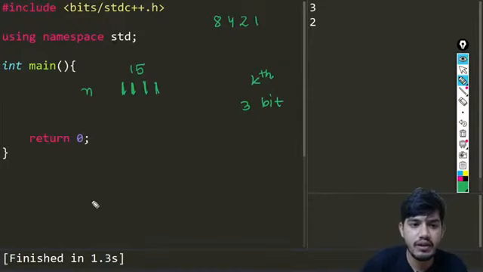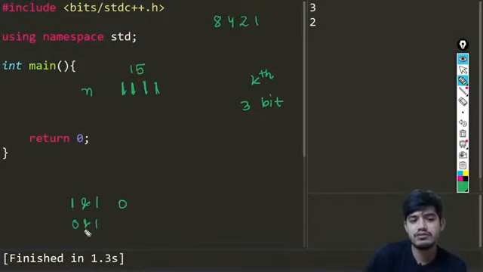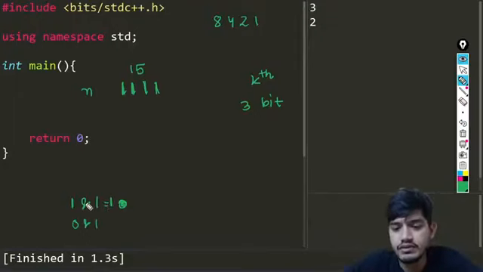Whenever we are doing an AND operation, or any operation, for example if we do 1 and 1, if the value is set, then we'll be getting 1. If the value is not set, then also if you're doing this one, let me just correct this, this is not 0, this is 1. Yes, Vijay is telling to use the XOR operation.